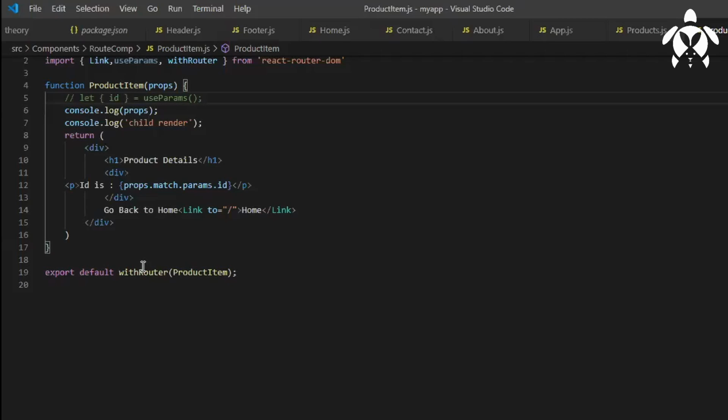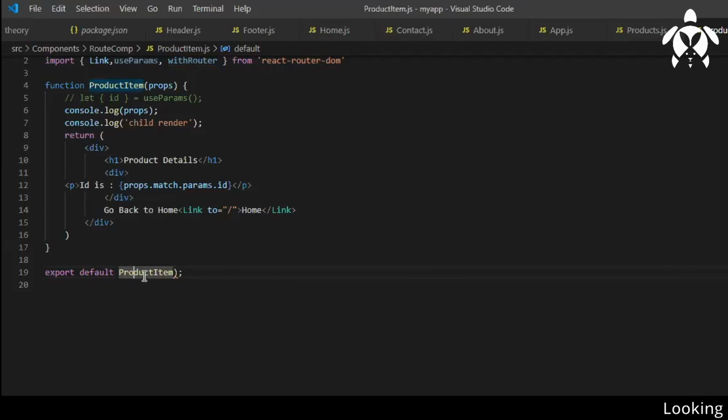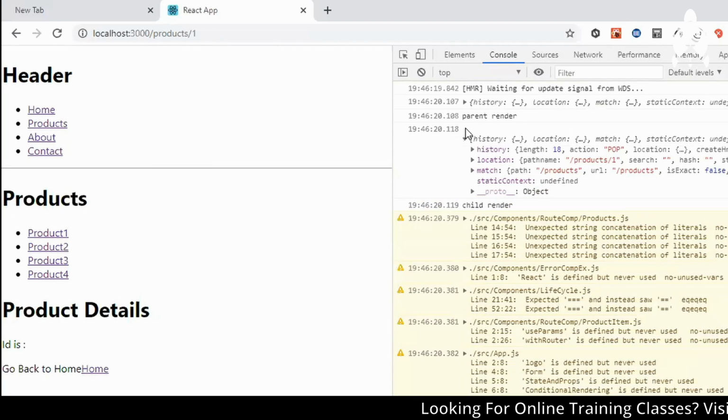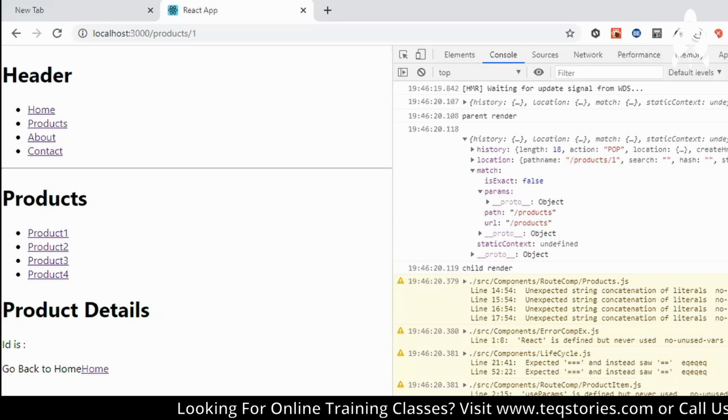Now here I have used a higher order component called withRouter, which is coming from React Router DOM. With this withRouter, I have wrapped ProductItem, because I just wanted to see whether I'm getting the params or not. If I remove this withRouter, you can see what will happen. Because when you don't use withRouter, you will not get params at all. Okay.